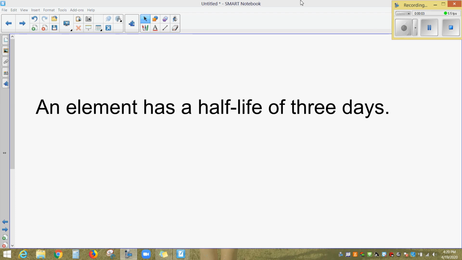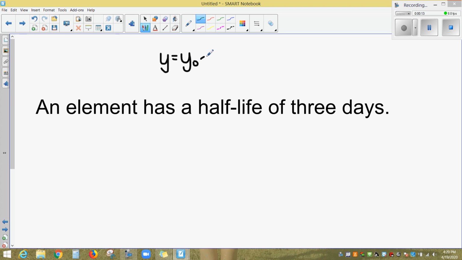Let's say that all we're told about our situation is that we have an element that has a half-life of 3 days. And maybe I'm responsible for coming up with that growth or decay model for that element. So the first thing I need to do is make sure that I understand what the half-life